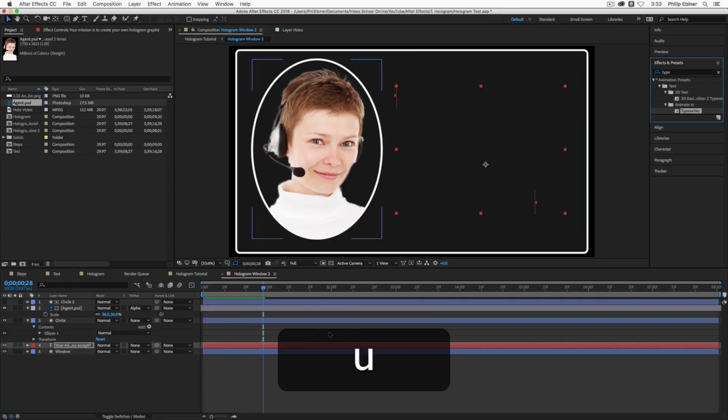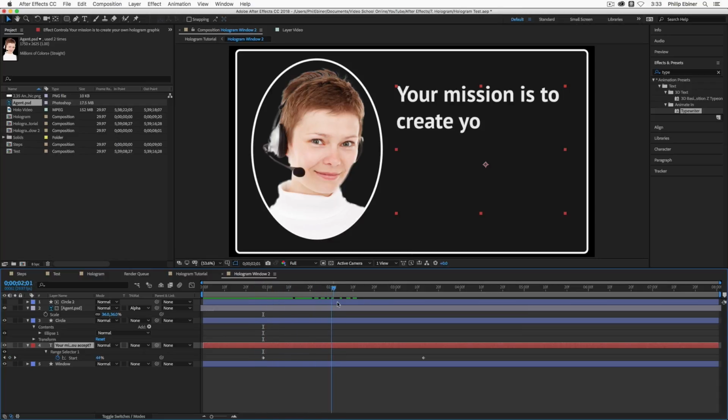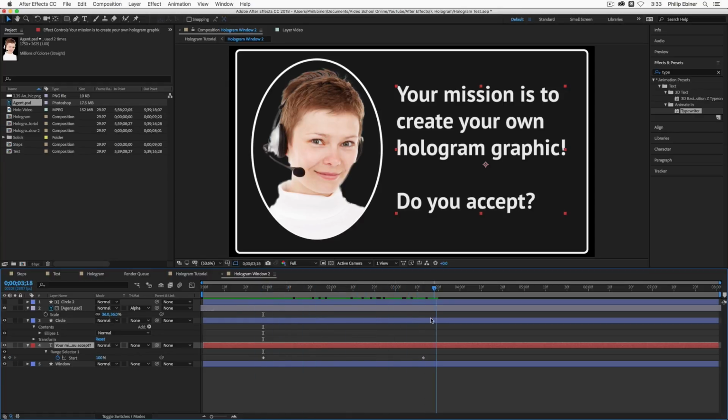If you press U, you see the keyframes, or you should see the keyframes with that layer selected. And this is the keyframe saying, make this text appear as if it's being typed on. So now it's all being written out at one speed. I'm going to have a little pause in between this first sentence and then the second sentence where it says,